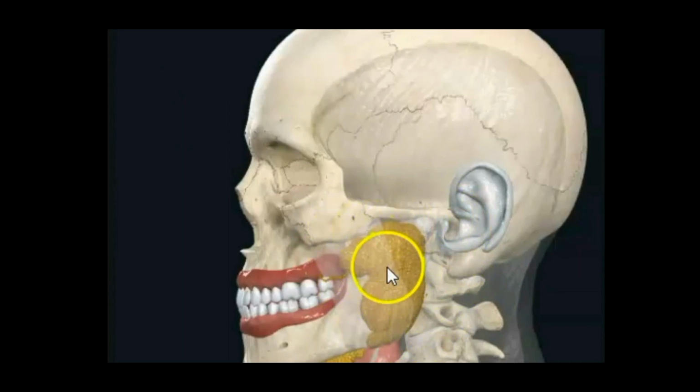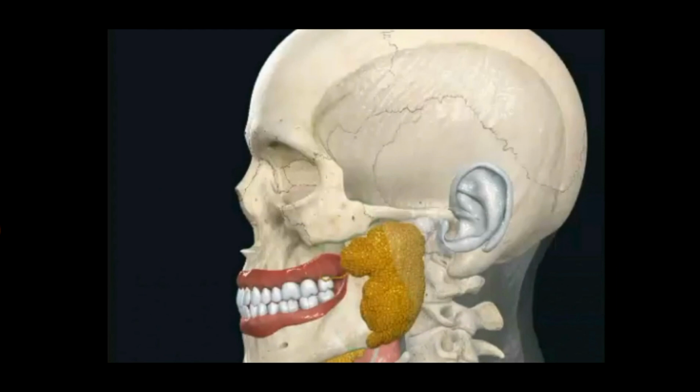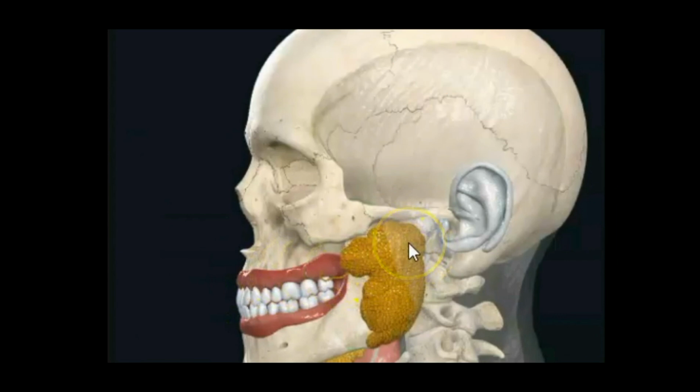So parotid gland is a pulpy mass occupying this region, and the presenting parts and the processes are formed by invagination of this pulpy mass into the surrounding bony mold. So it is covered by parotid fascia, which is nothing but an investing layer of deep cervical fascia. Superficial part is attached to the zygomatic arch above. Deep lamina is attached to the styloid process and forms the stylomandibular ligament.